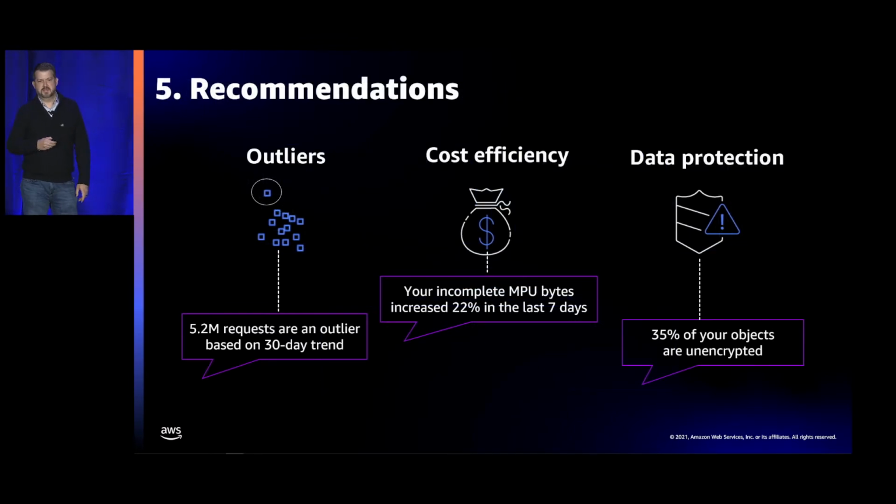And then the last use case is for data protection recommendations. For these, you can target different best practices you have around encryption, replication, object lock. For example, we have customers that use this metric to identify new buckets that were created by teams, where internal engineering teams, where they forgot to apply encryption. They can quickly flag those within a few days and go and talk to that team and get that addressed.